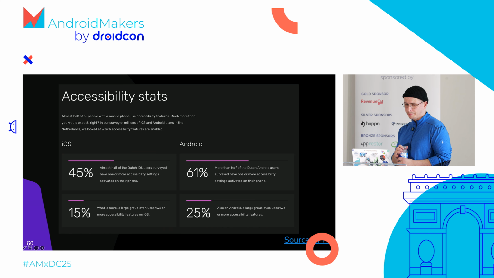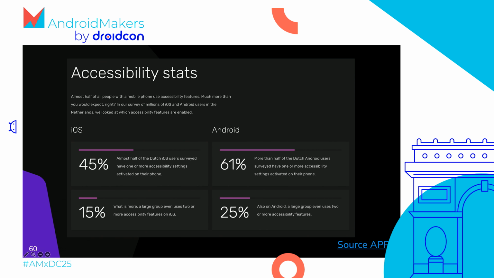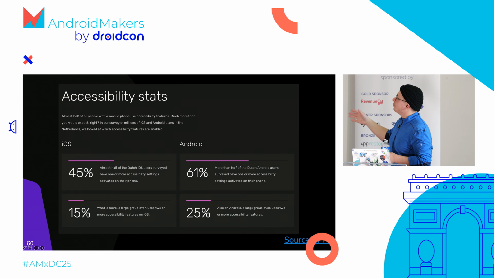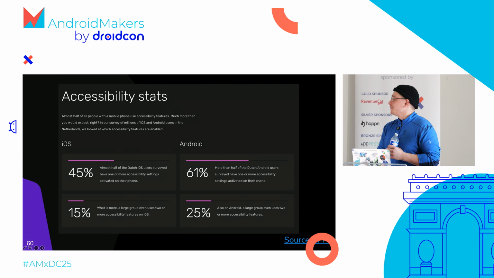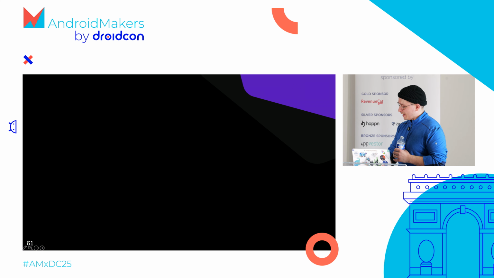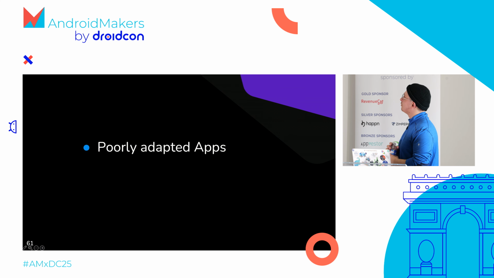Another statistic is from APT. 61% of Dutch Android users surveyed have 1 or more accessibility settings activated on their phone, and 25% had 2 or more. But of those 61%, 24% have been using dark mode, and dark mode is also an accessibility feature, though maybe just like me, they just like reading in the dark. Still, it's a big percentage. As well, this percentage is probably lower than it could have been because of poorly adapted